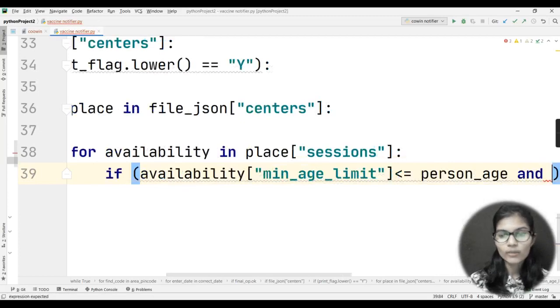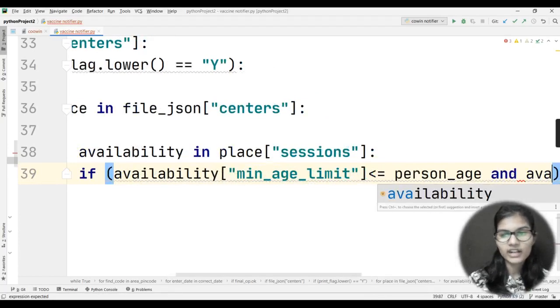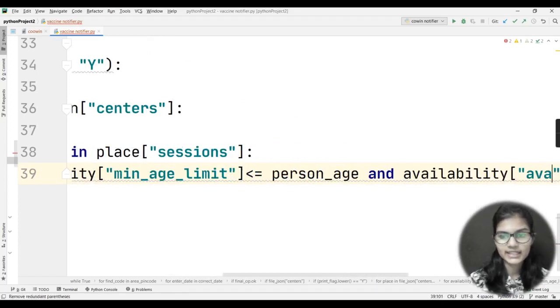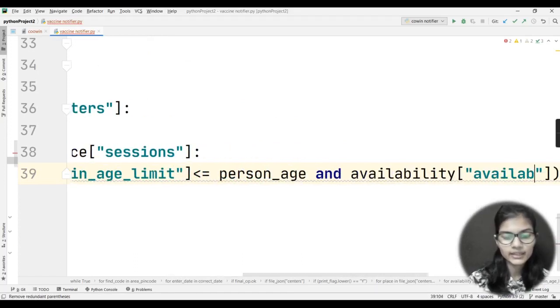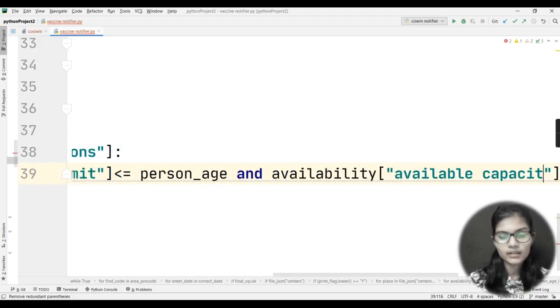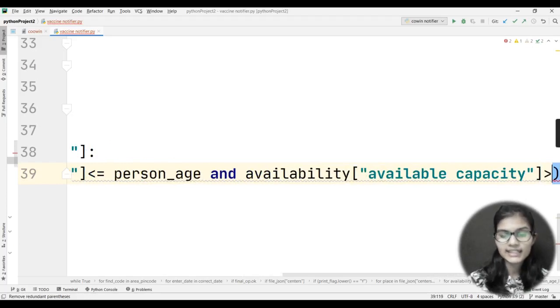And now my second condition is that if availability of available_capacity, okay, capacity, right? If availability in the brackets is available_capacity greater than 0.